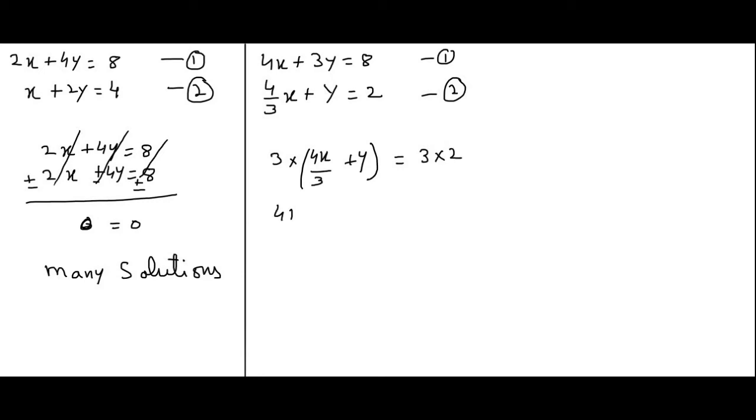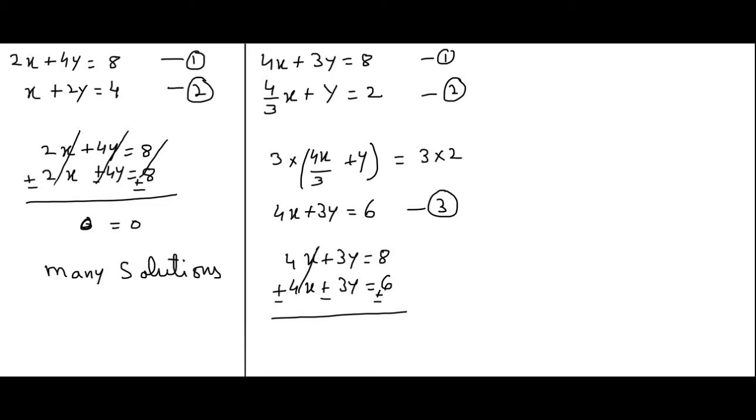We get 4x plus 3y is equal to 6, and we can mark it as equation number 3. Now we will solve 1 and 3 simultaneously. 4x plus 3y is equal to 8, and 4x plus 3y is equal to 6. Now in order to eliminate the variables, we can easily subtract both the equations. So we subtract,